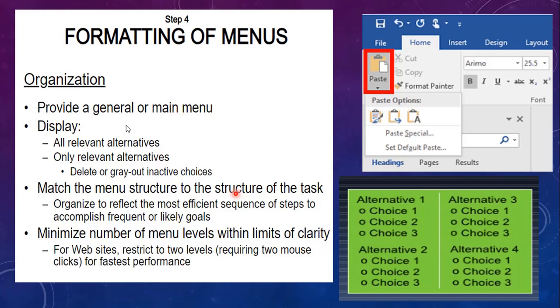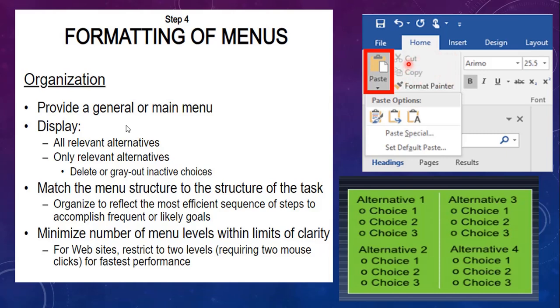See for example here, when paste is being selected, you are going to gray out the cut and copy options. So this is now an inactive choice. Even if you have certain options under the menu, paste, cut, copy, when paste is being selected, you gray out the other options. So can you delete the particular option here completely?